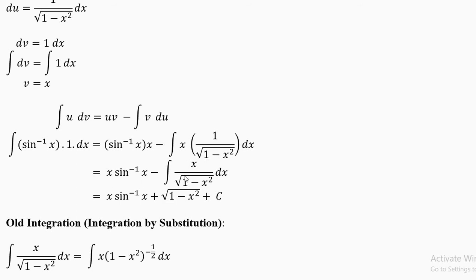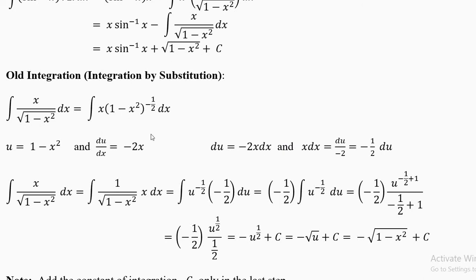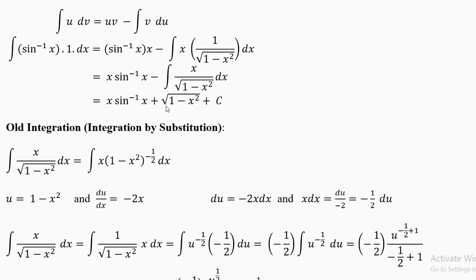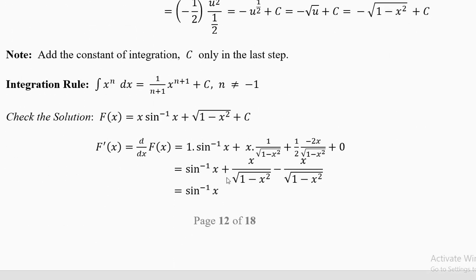Again this is the integration where you have to do integration by substitution. I am doing it here, but in your exam you have to do it yourselves. Now the integration of this is, we have seen it many times before, it is minus 1 minus x square under the root. Now you write it x sine inverse x minus into minus is plus. It will become 1 minus x square under the root plus c. You can differentiate and check the answer. All the steps are here. We have done it in the class.